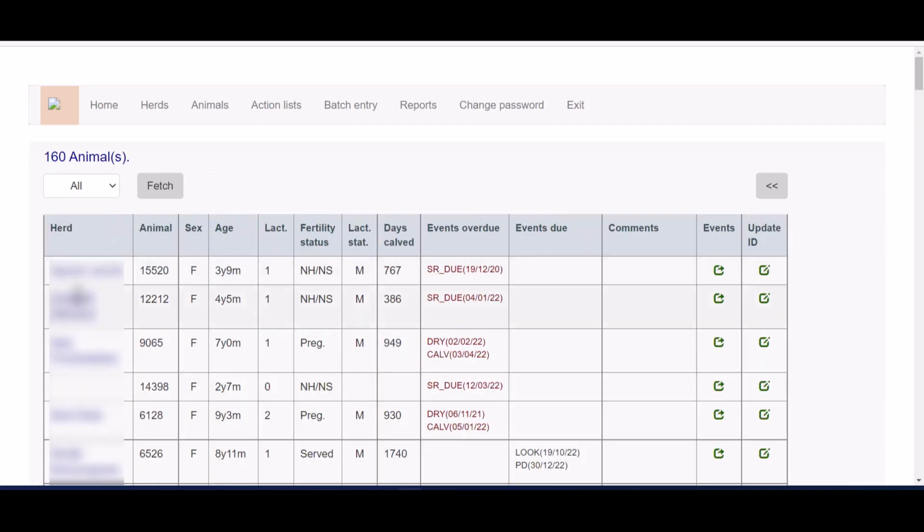There you can see the farmer, and you can see the animal number, and what she is, and then over here we start to have what events are overdue. So this animal should have been dried off. She should have calved. So when this person comes to the milk collection centre, what has happened to this animal? Has she dried off yet? Has she calved yet? If she calves, we will register the calving and we will record the event and so